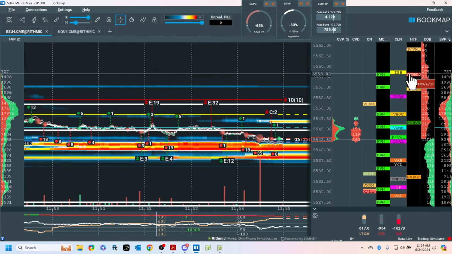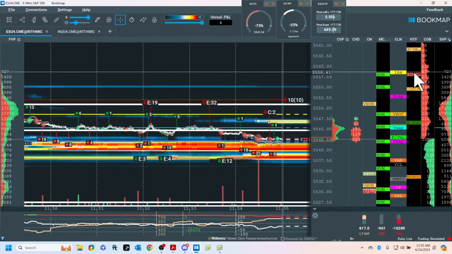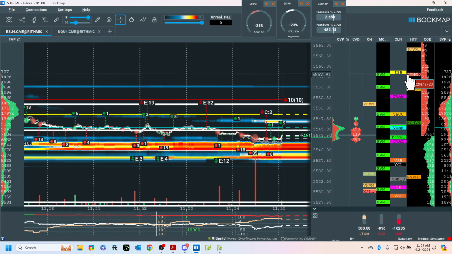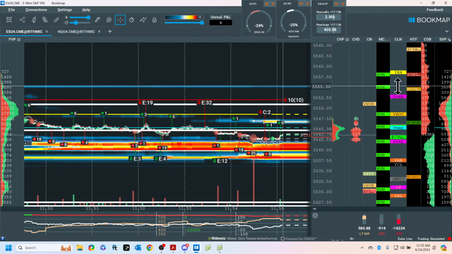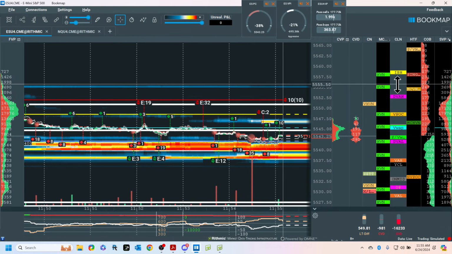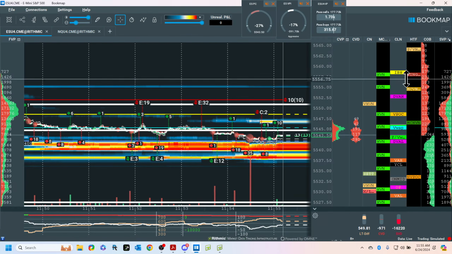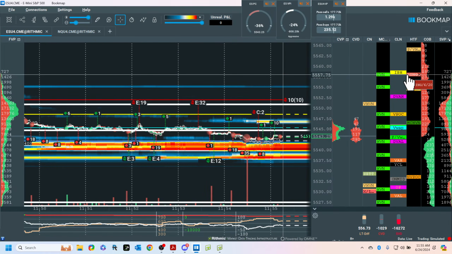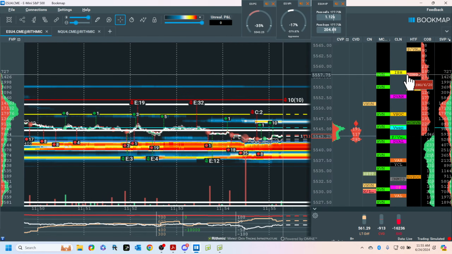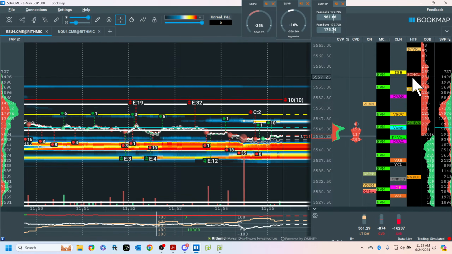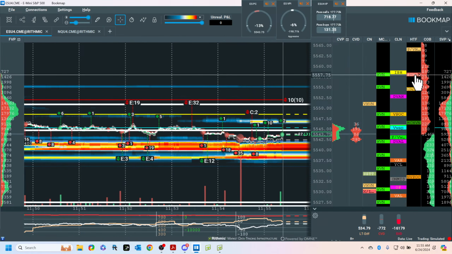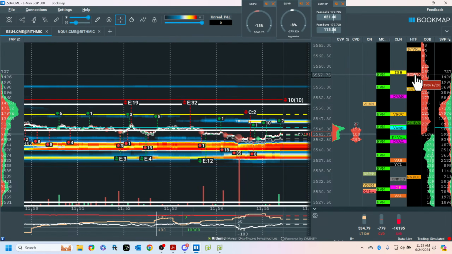Probability suggests yes, but auction says too high. This is a conflicted area. But everything statistically suggests higher, but that might be done. No clue. So we'll just see how this goes. Higher time frame trend is up. Intermediate time frame trend is up. But this is resistance. There's, as they say, the fly in the ointment.